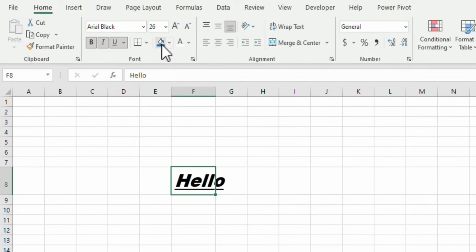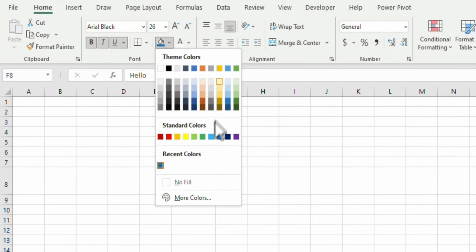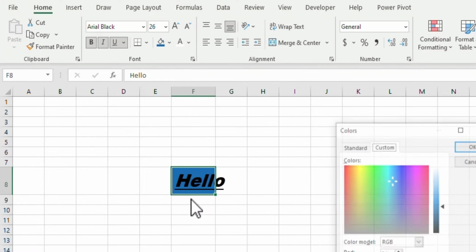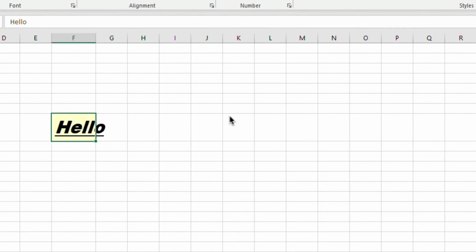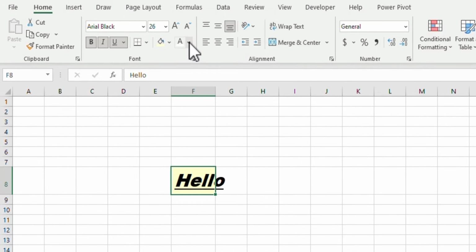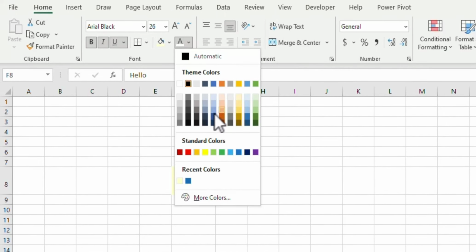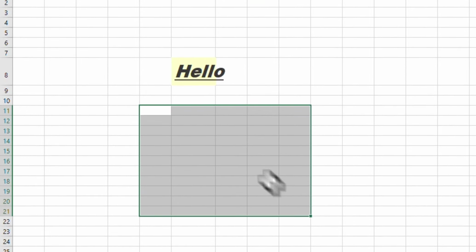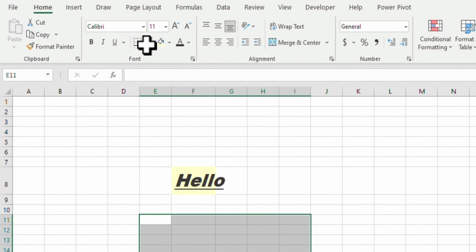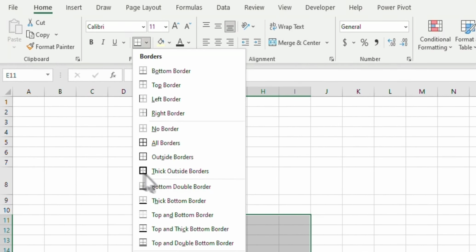You can also change the fill color, and you've got a different variety of colors here. You can also go to more colors and kind of play around with these colors if you want something in particular. You can do the same with the text color, and this is fairly simple. Now, with the borders and margins, that is where things kind of get more intermediate, because I can here select